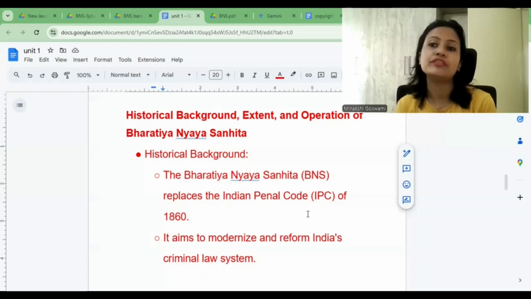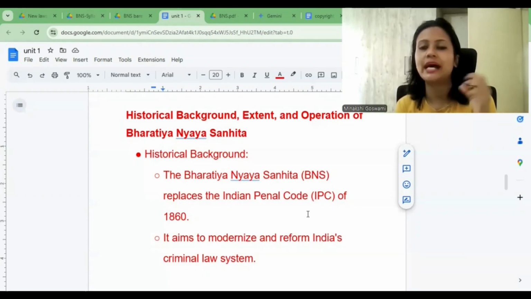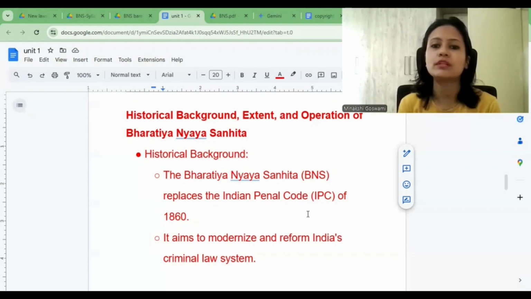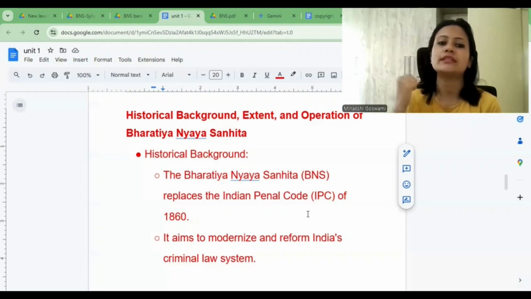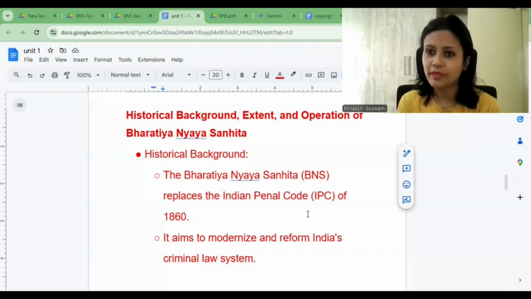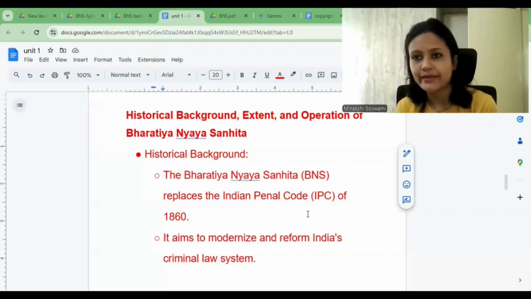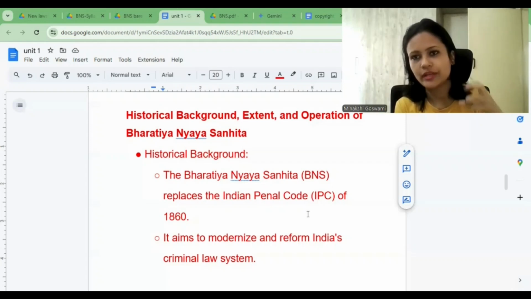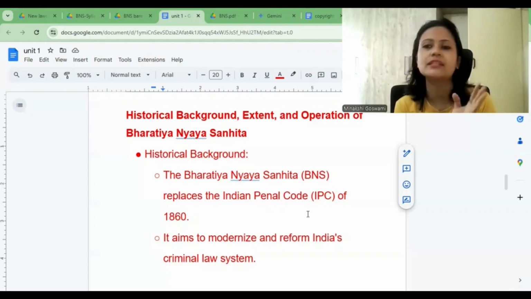So there are certain types of offenses wherein imprisonment is not given. A person will not be sent to jail, but rather community service is imposed as a form of punishment, right? So BNS focuses that yes, we need laws in order to reform the people who have done something wrong, but it also recognizes individual rights and liberties. It does not want to punish the people as such, right? It's not Bharatiya Danda Sahita, but it is Bharatiya Nyaya Sahita. It wants to give justice rather than giving punishment, right? It focuses on providing justice.